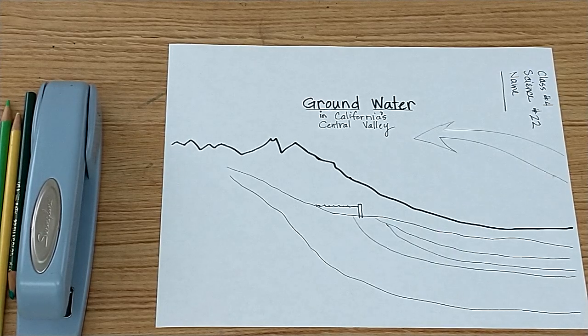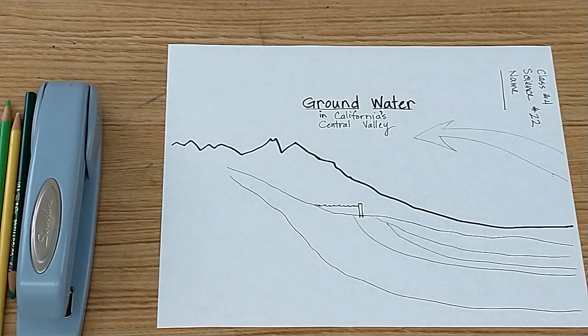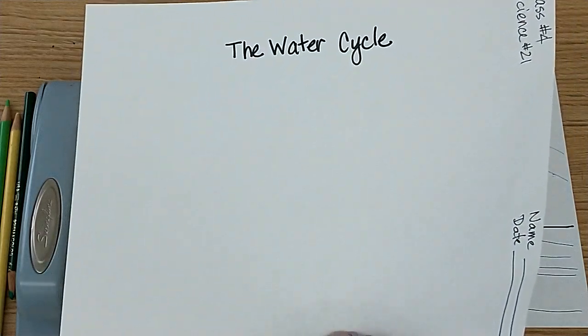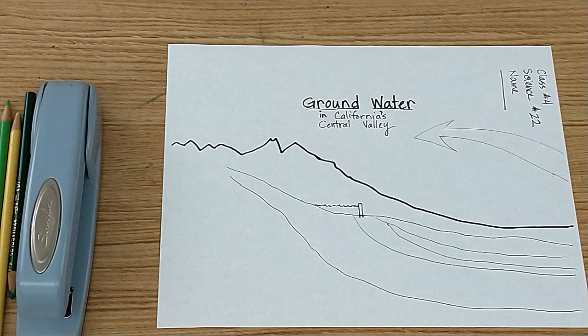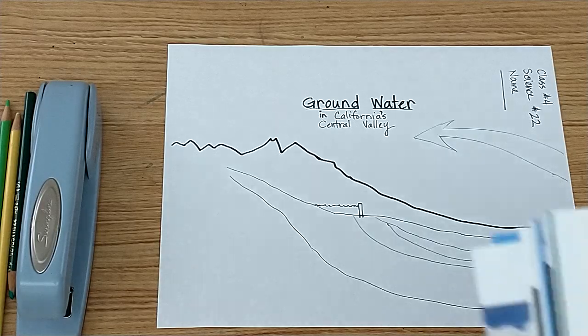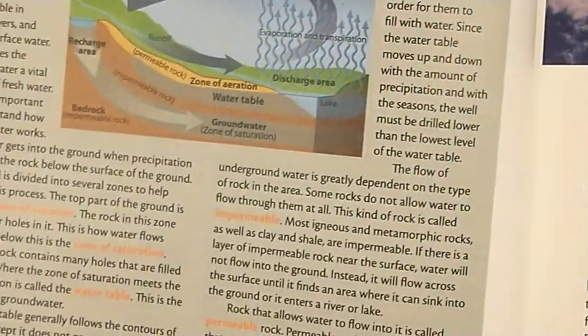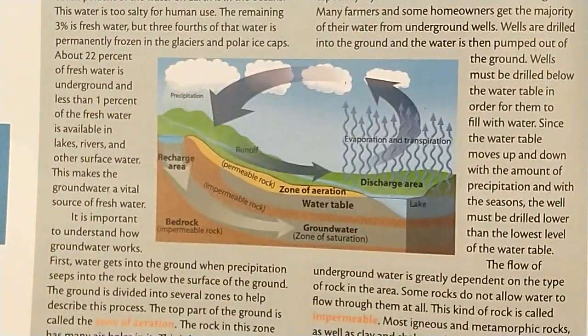This video is about science number 22, groundwater in California's Central Valley. In the previous video, or two videos ago actually, I mentioned the other paper, which looks like this. Totally blank except for the title, and you're going to draw the water cycle. This one is groundwater, but it's groundwater in the way that we have it around here. This picture in the book is more like the way groundwater is